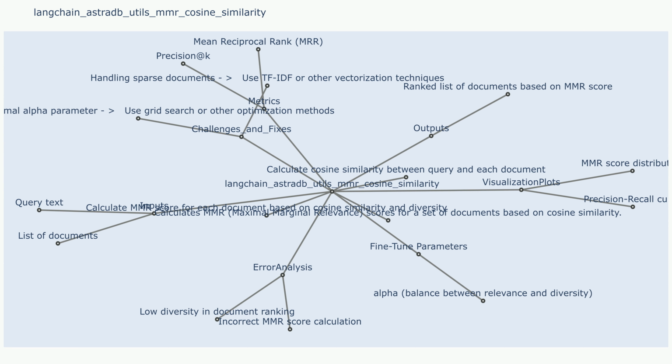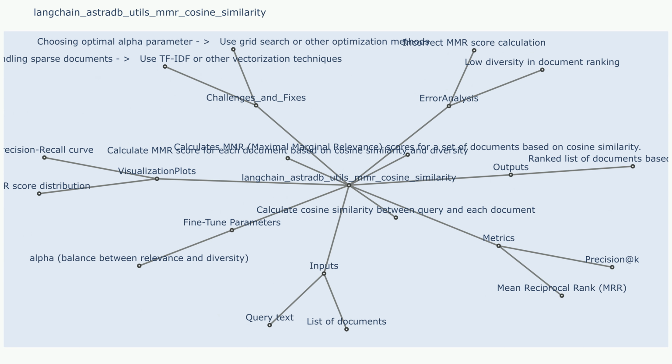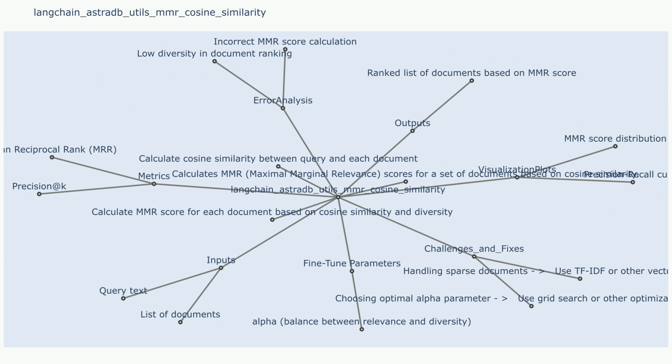model's predictions. Challenges and fixes. Challenge 1: the MMR algorithm might struggle to select diverse documents when the documents are highly similar to each other. Sample use case that resulted in challenge 1: a set of documents about a specific topic, where all documents contain similar information and vocabulary. Fixes to challenge 1: increase the value of the MMR lambda parameter to prioritize diversity over